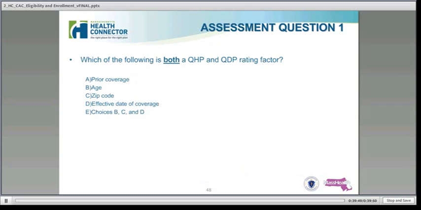So when must triggering events be reported? This is very important. They must be reported within 60 days of the event to the Health Connector. Changes to plan enrollment are effective in accordance with the enrollment in the individual or family plan, which is a non-group plan policy. For birth, adoption, or placement for adoption or foster care, coverage is effective on the date of the event. And premium tax credits or the cost-sharing reductions take effect on the first day of the full month during which the individual or family is enrolled in a qualified health plan or the qualified dental plan.